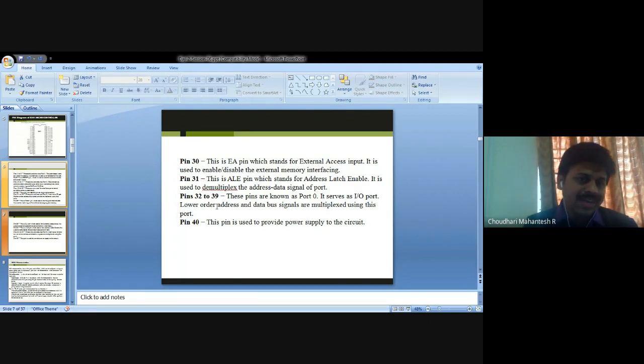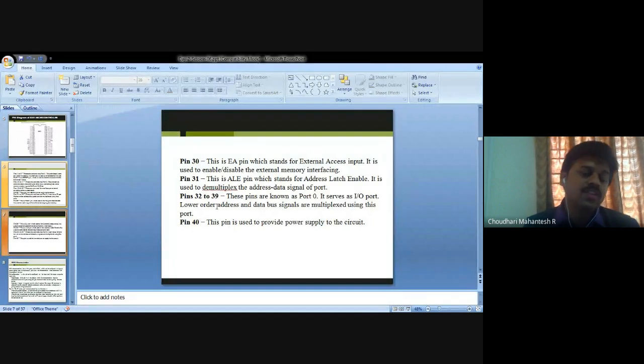It is used to enable or disable the external memory interfacing. If you move above, pin number 31 is ALE, address latch enable, which is used to demultiplex the address and data signals of the port.